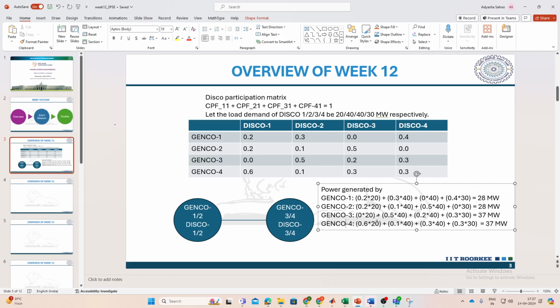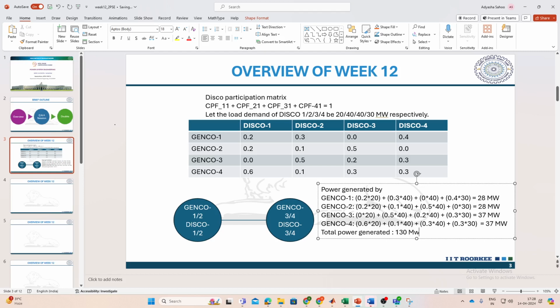So this is the power generated by each GENCO basically. So can you just calculate the sum of total power generated? That will be nothing but the sum of power generated by each GENCO. Total power generated will be the sum of the above. So that is nothing but 130